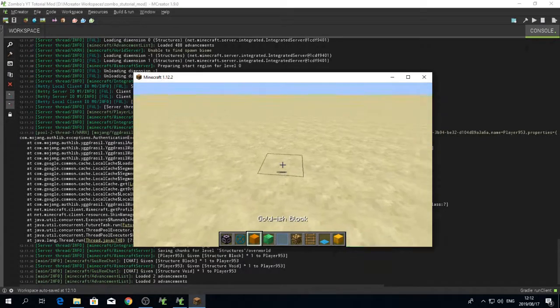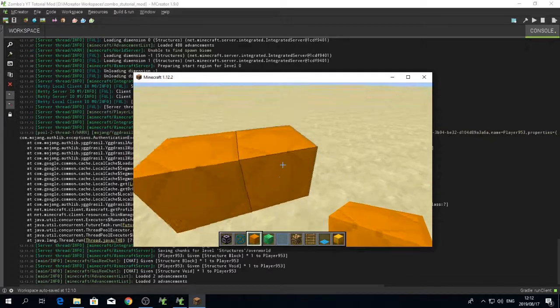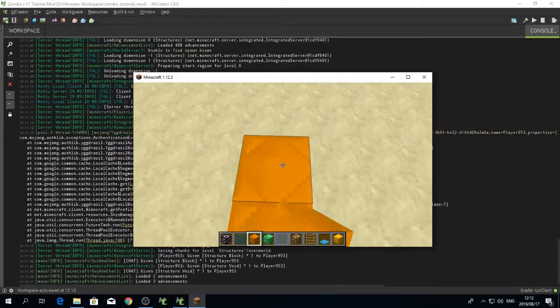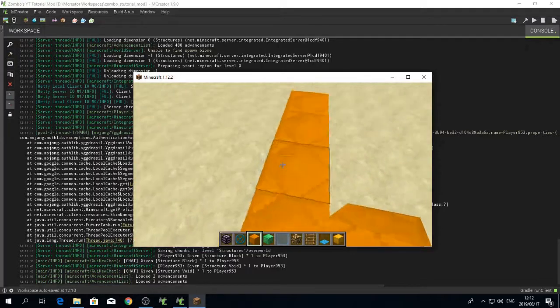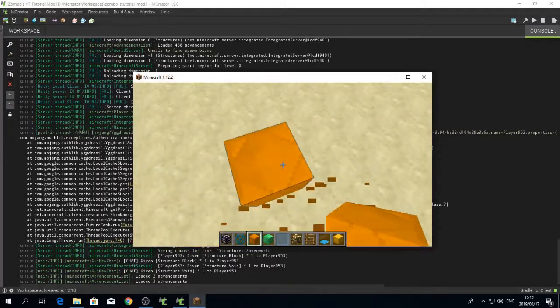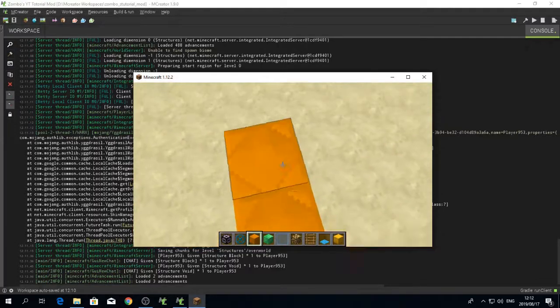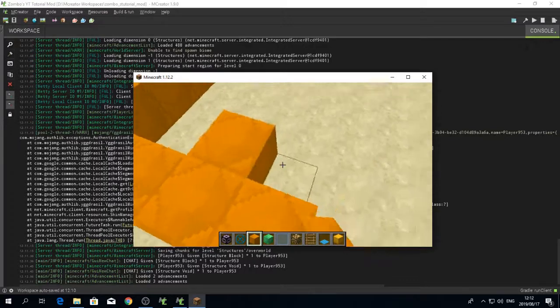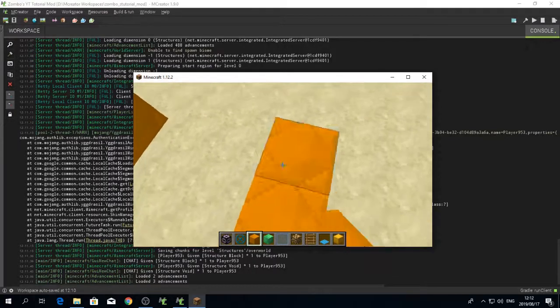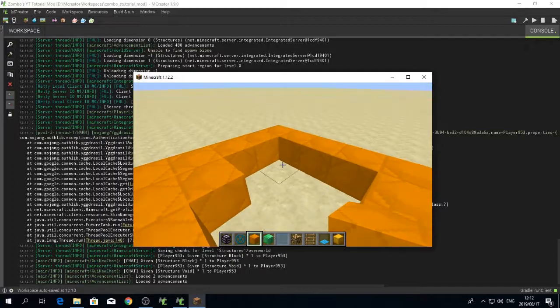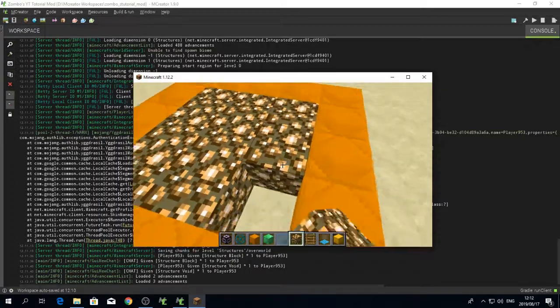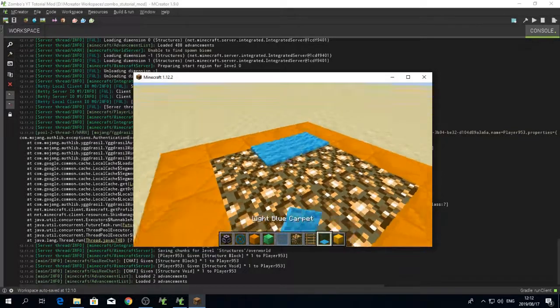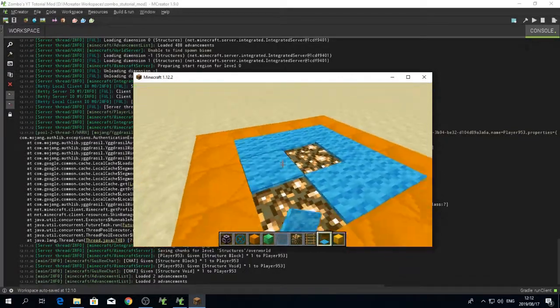Then what you can do is just build whatever you want. So 1, 2, 3, 4, 5, 6, 7. I'll make it 5 by 5. 1, 2, 3, 4. And then secret lighting under the carpet. So now what I'm going to do,